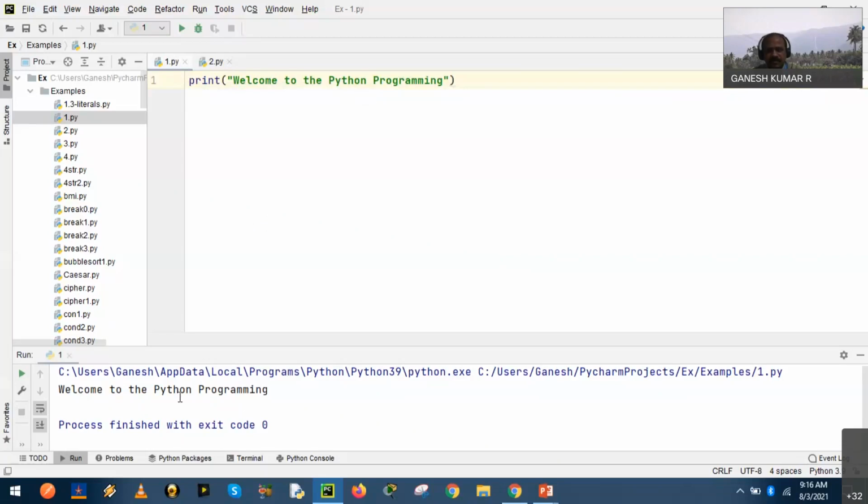If you don't want the output displayed in the lower compartment, select run. We have the options: run, problems, Python packages, terminal, and Python console. I have explained the console and terminal in the previous session, hope you remember. If you want to close the output window, I hope you can notice that run has turned to gray because we have executed the program.